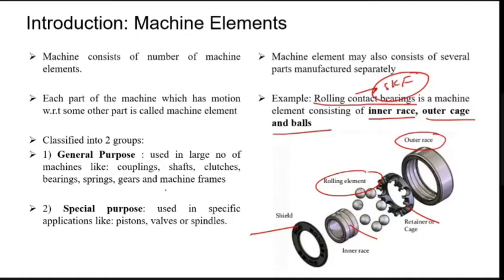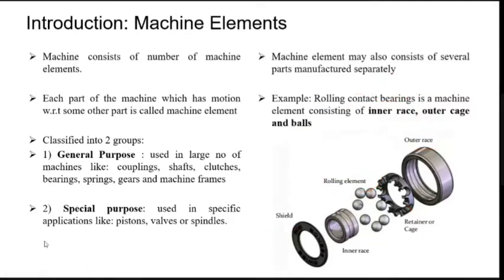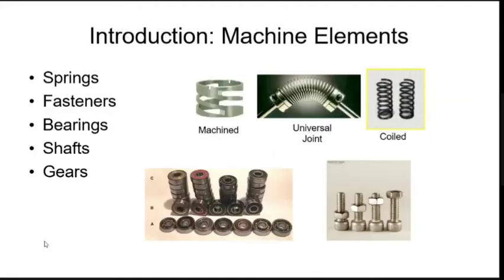So I hope you have understood till now the process. This is the basic area which you need to understand, and then you will understand the design part. Okay. So let us understand some more examples. Springs. Okay, so coil springs are there, universal joints. Okay, then some bearings. Okay, there are some bolts and screws. Okay, so these are some machine elements: springs, fasteners, bearings, shafts, and gears. So all these come under the machine elements which we have to design as individual components. Is it clear? Message me yes or no.